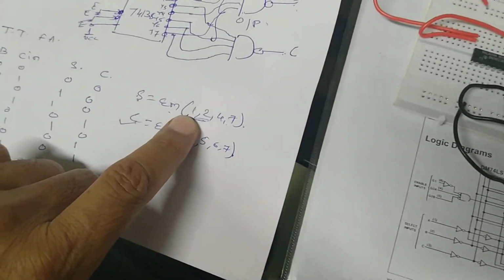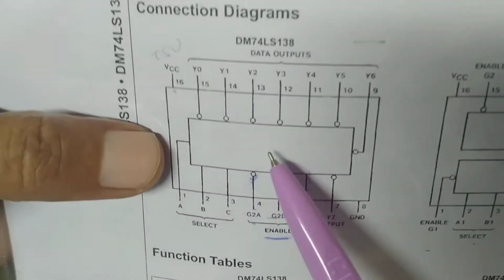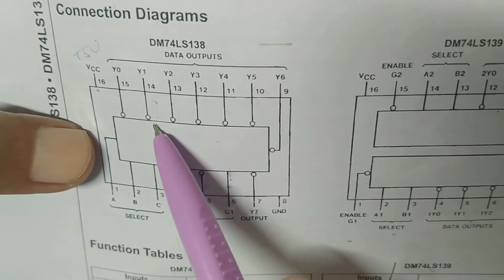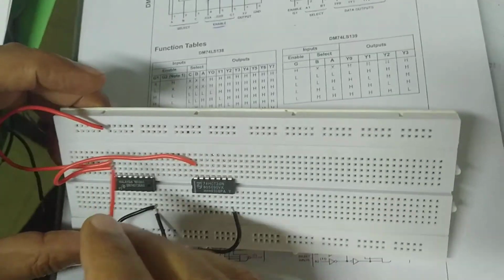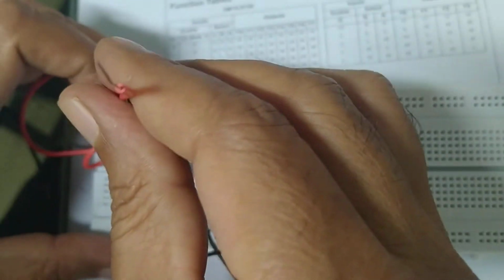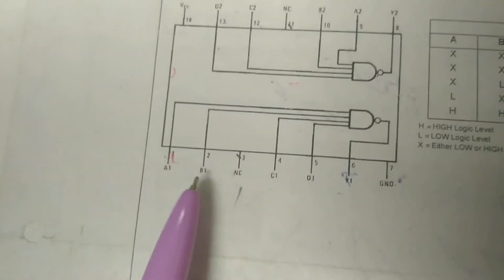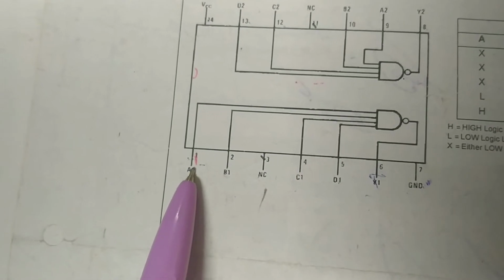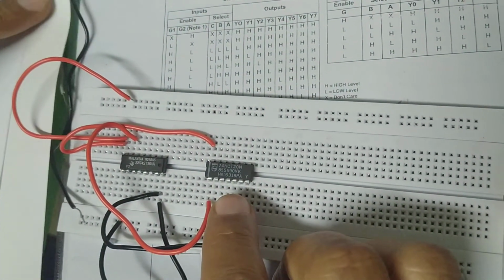So very first, the Y1 output. Where is Y1 output? You can see this data sheet. Y1 is this one, pin number 14 of this 74138 IC. So you can see here, this is 16, this is 15 and this is 14. So where we have to connect this? Y1 is connected to one input of the NAND gate. This is the NAND gate which has this input terminal 1. So here we have to connect this to 1.